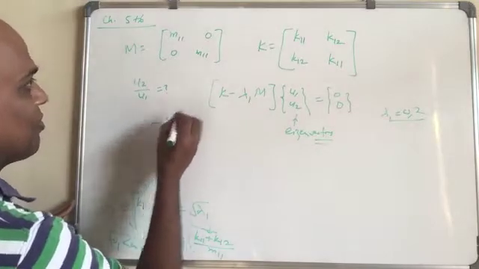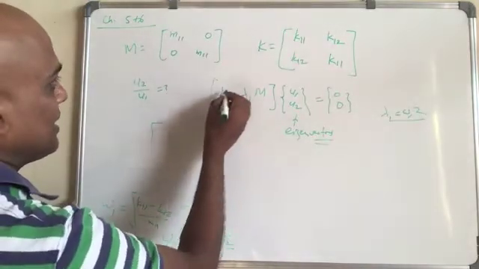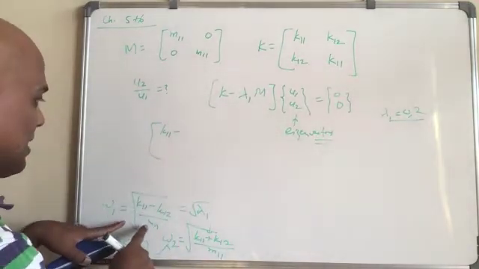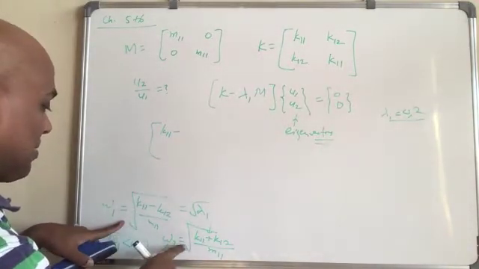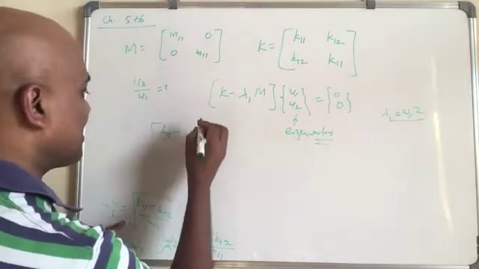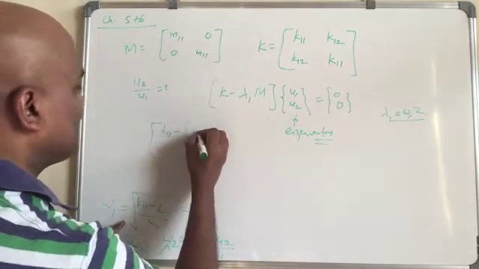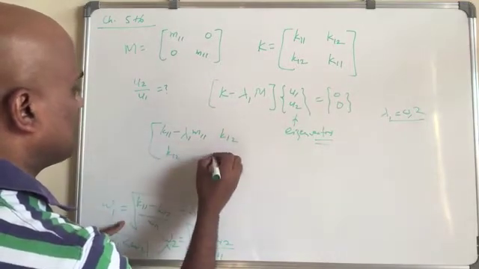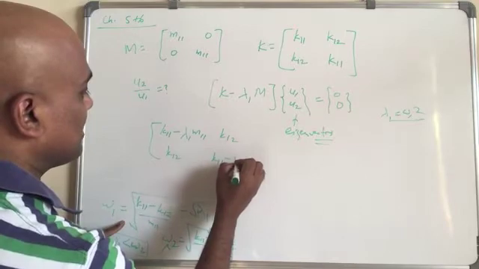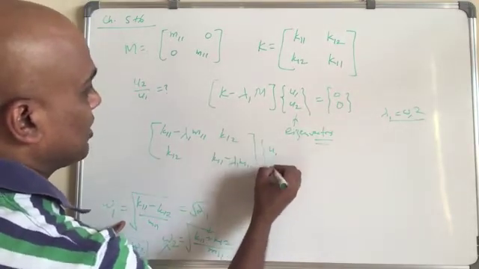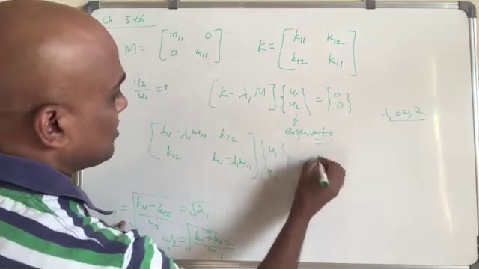We have K11 minus lambda 1 M11, K12, K12, K11 minus lambda 1 M11, multiplied by U1, U2, and that is equal to 0,